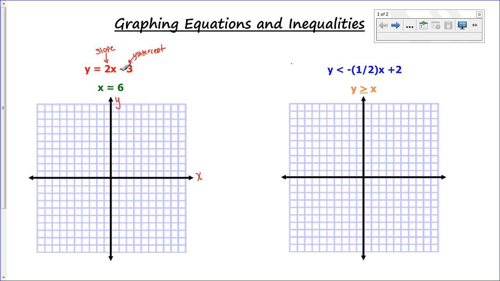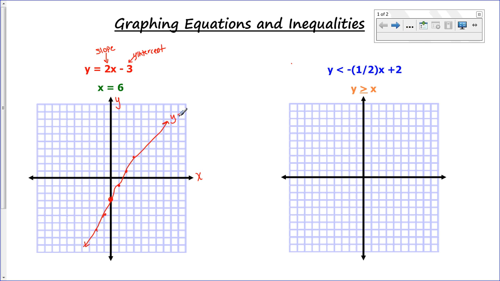So if I want to graph y equals 2x minus 3, I want to start at negative 3 on the y-axis. And then I want to follow a slope of 2 over 1, because technically you want to make the slope a fraction. So up 2, right 1, up 2, right 1, and so on. And then I would just connect these dots here. And that would get me the line, and this isn't going to be the straightest thing in the world, I apologize. Ta-da! That would be the line y equals 2x minus 3,